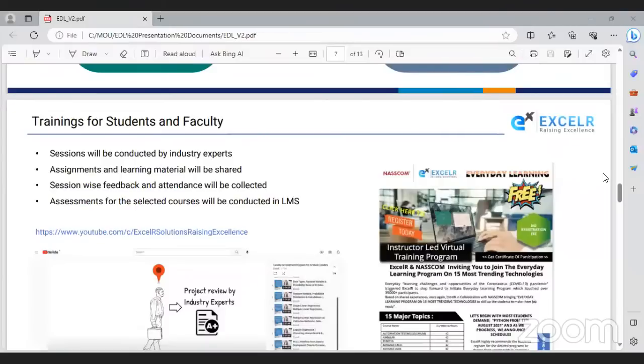So these sessions, as I said before, are led by industry experts who are working professionals. Let's say they are data scientists, data analysts, web developers. Depending on the technology, they are very much expert in those domains, and are knowledgeable and experienced in their fields. These sessions are designed to provide valuable insights and practical skills that can be applied in the